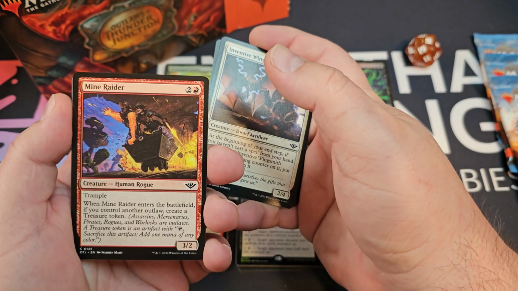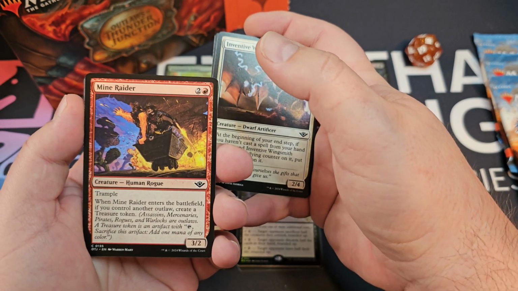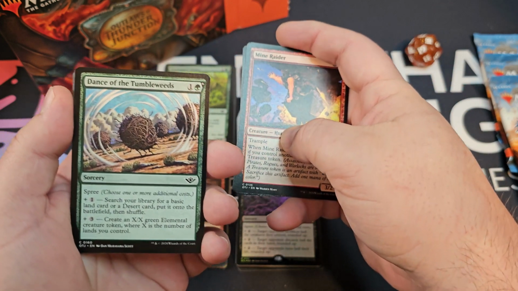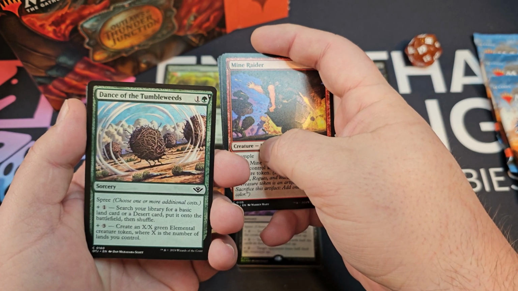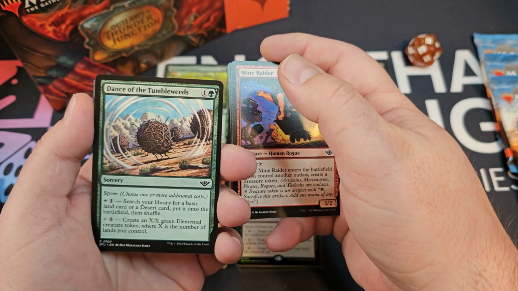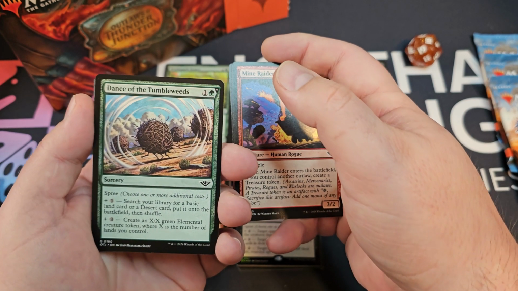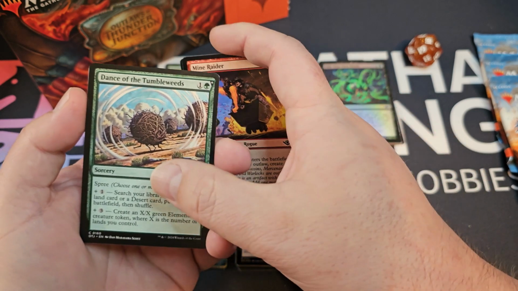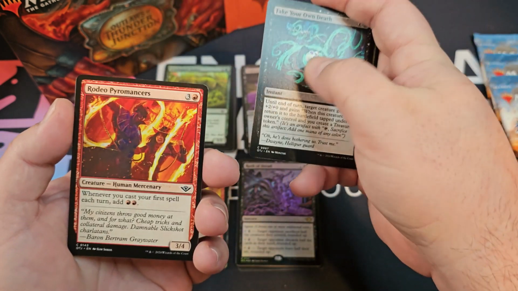Trample. When it enters the battlefield, if you control another outlaw, create a Treasure token. 3 mana for a 3/2 trample. Dance of the Tumbleweeds. Search your library for a basic land or Desert card for 3 mana, put it onto the battlefield not tapped, then shuffle, or create an X/X green Elemental creature token where X is the number of lands. So for 6 mana, you get a land and